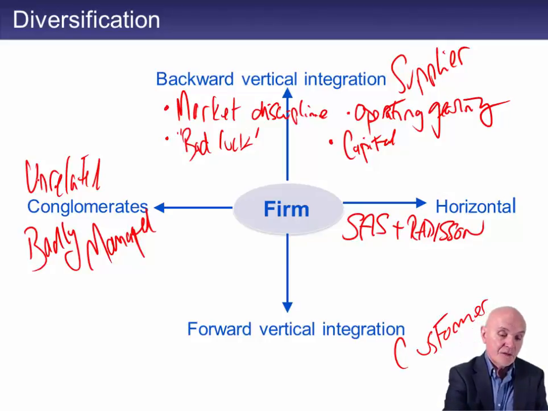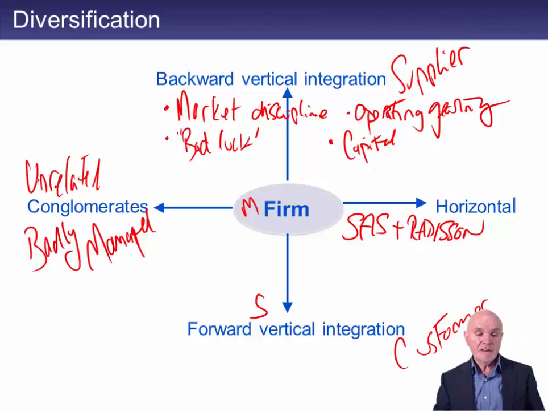One other disadvantage, more easily seen maybe in forward vertical integration here. Here we have the manufacturing part of the group, here we have the selling part of the group. The skills needed in manufacturing and selling are really quite different. And there is again the risk that the manufacturing company takes over the distribution chain and doesn't really understand the way it works and begins making inappropriate changes to it.